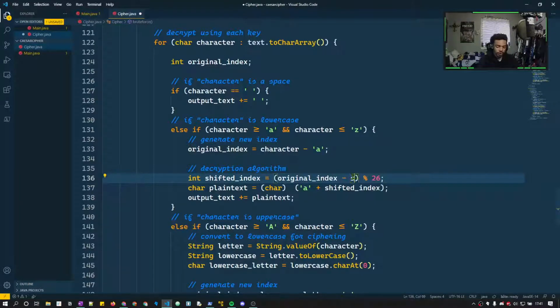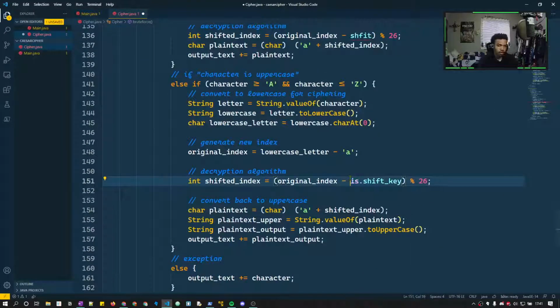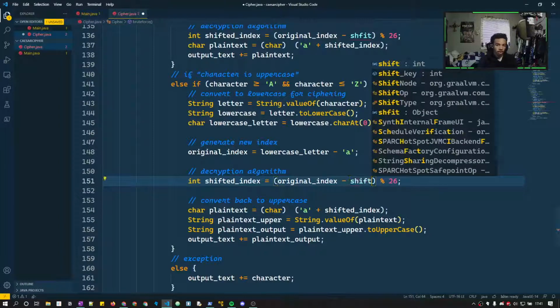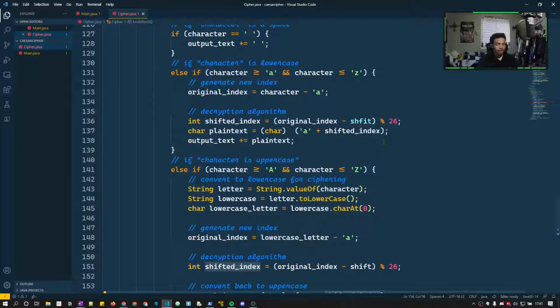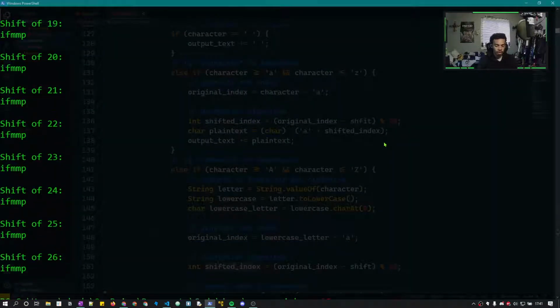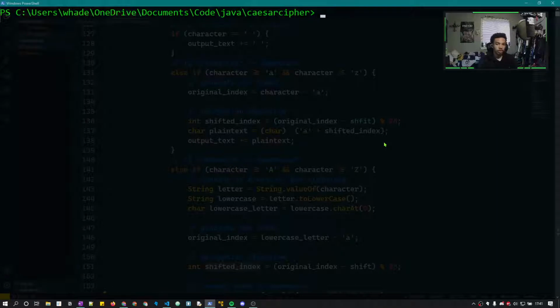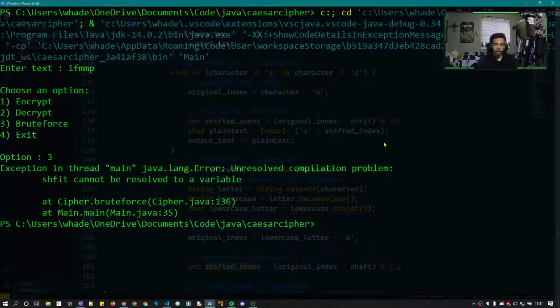We're using the shift key when this should be a shift, because we don't use the shift key during the brute forcing process. We just use our shift variable, which is the iterated key. Oh my gosh. So if I run this, if I do IFMMP, option 3,